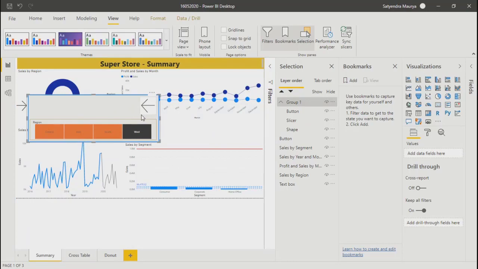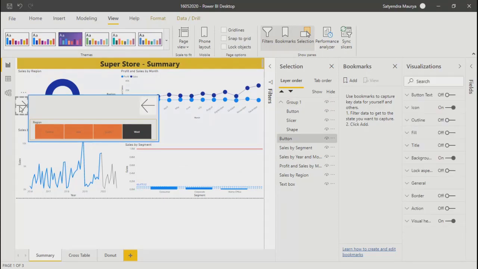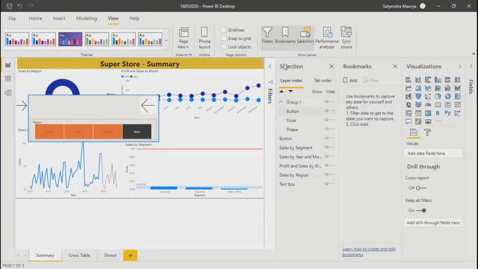That is the solution I want to implement. So as soon as I click over here, the slicer should come. What I will do is take this particular view or snapshot and add it as a bookmark. We'll call it With Slicers.